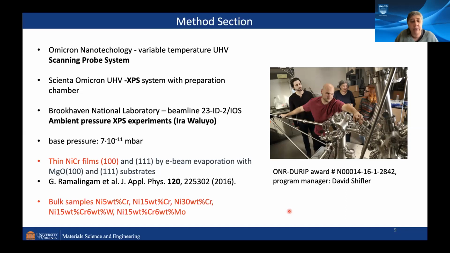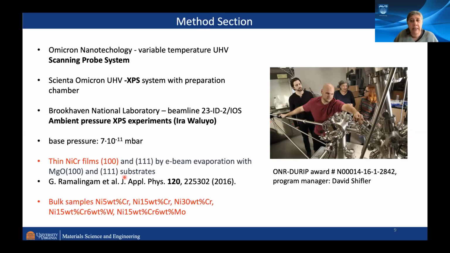We grow it on MgO substrates, and I focus today on the 100 surface. We also have data for the 111 surface if you're interested, which actually shows that crystallographic orientation is a significant aspect, which is generally not looked at because the majority of technical alloys studied are polycrystalline, like the microstructure I showed you a few minutes ago.